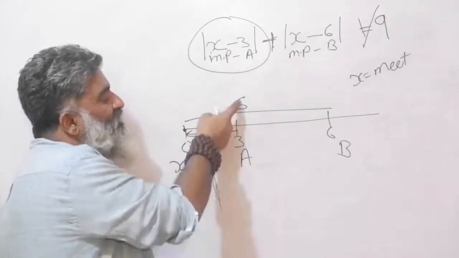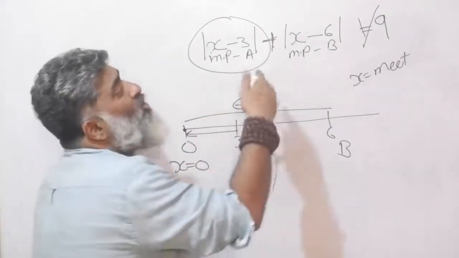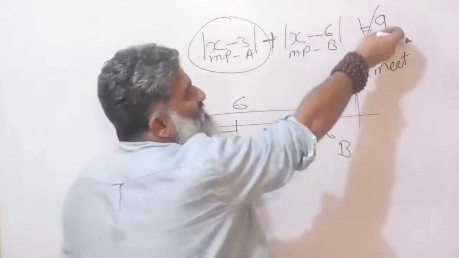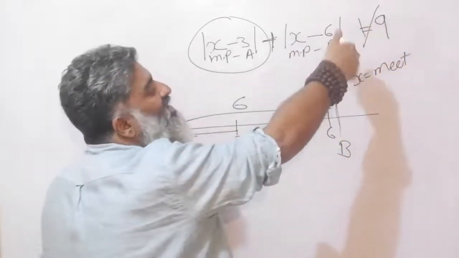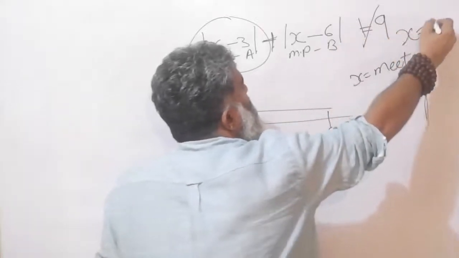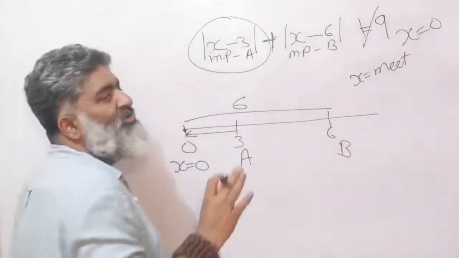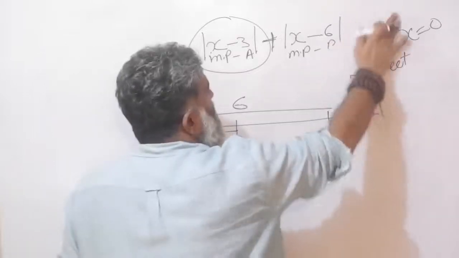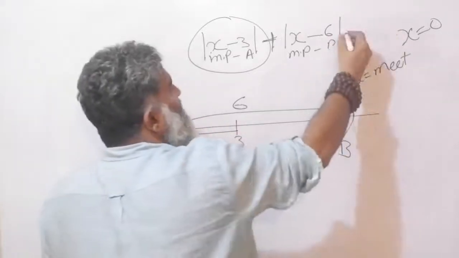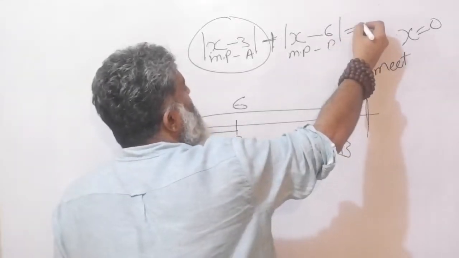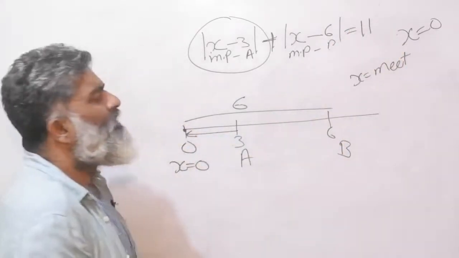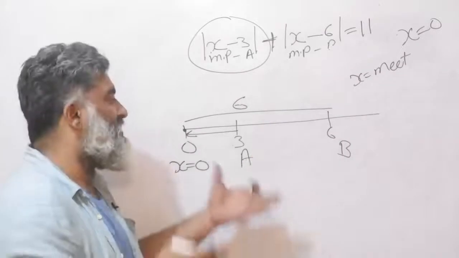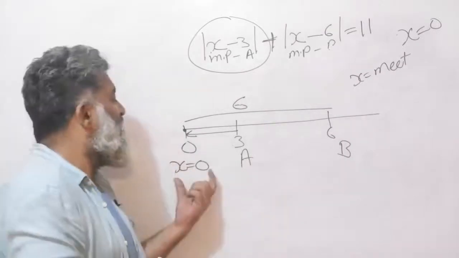And the distance that you calculated here was also 9. Oh, coincidentally the question is also 9. But I'm not worried about equating it to 9 right now, but you already got one answer, that if you put x is equal to 0, you will get it equal to 9. So let me clarify this point, how about I convert it into 11. So that's for later, we'll solve that later. Right now let's just focus on the story.